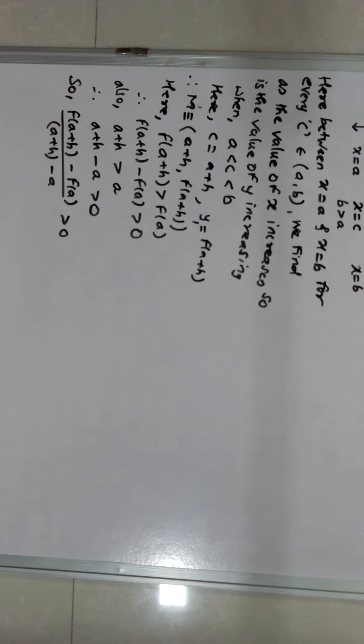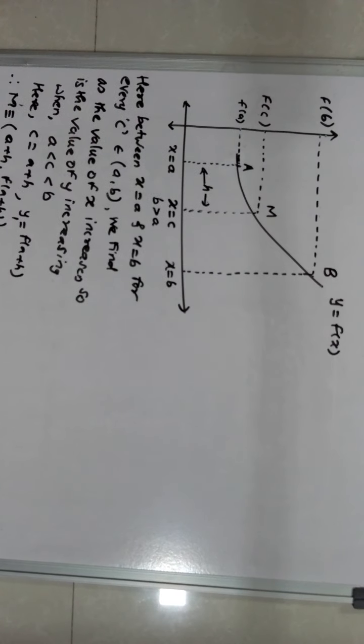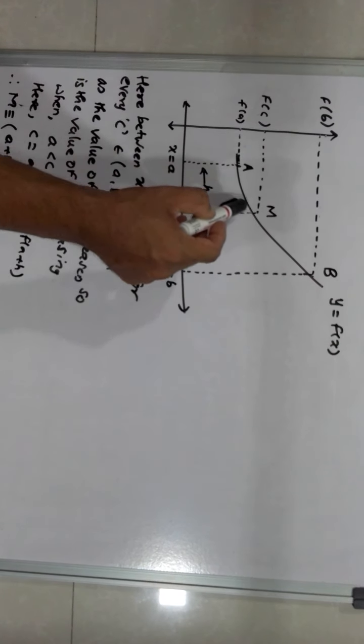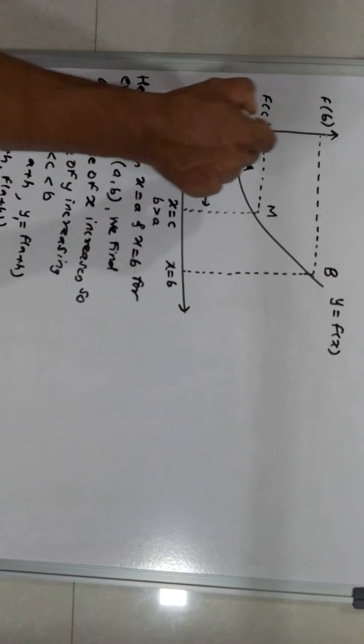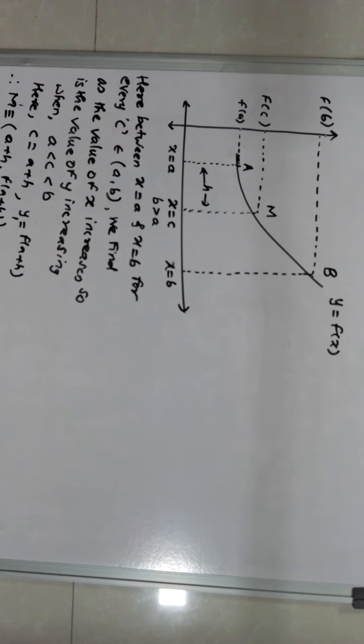Now let us go to the basic part of thinking again. What I found is that as the value of x increases, the corresponding value of y also increases. Means this graph is such that as x goes on increasing, this goes on increasing, right? Now this achievement which I have got, we will talk on that part, okay?